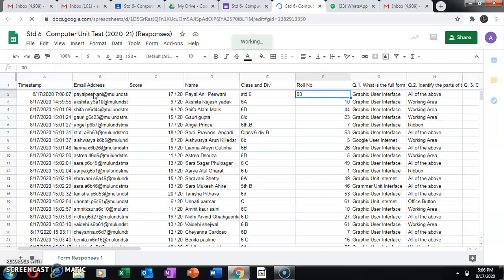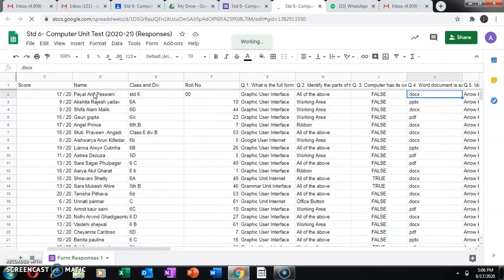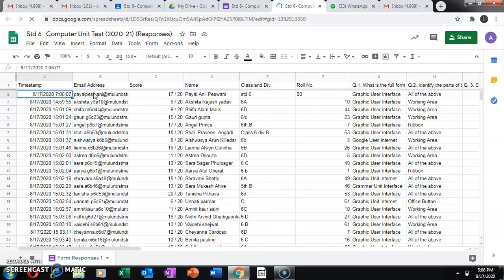Since we have given them class and division, we can see here the division and the class, and accordingly you can see the grades of students in the Excel file.